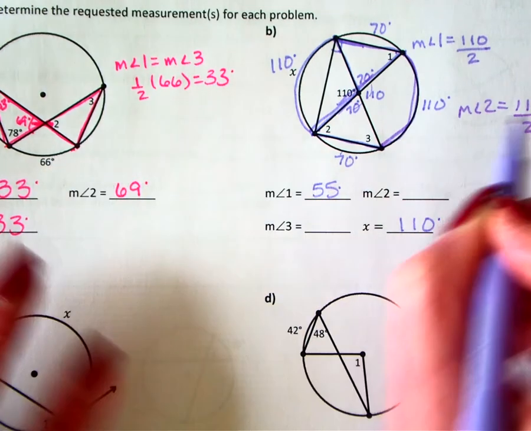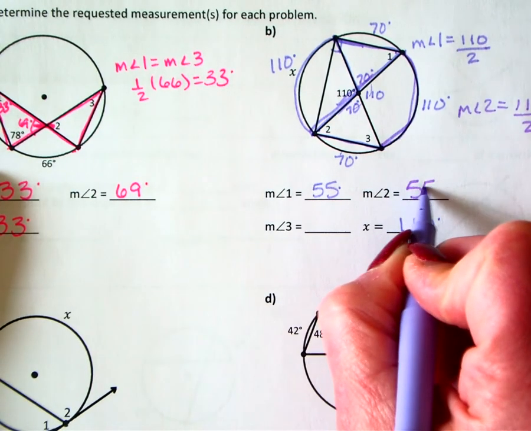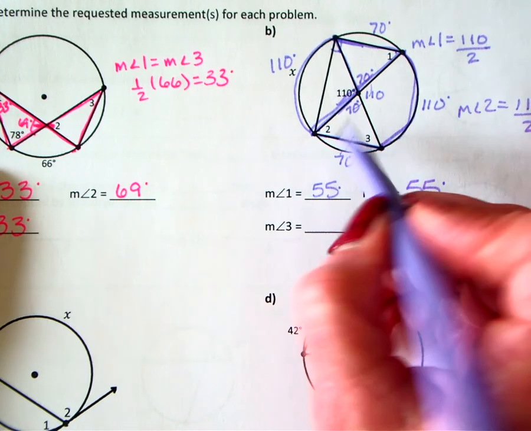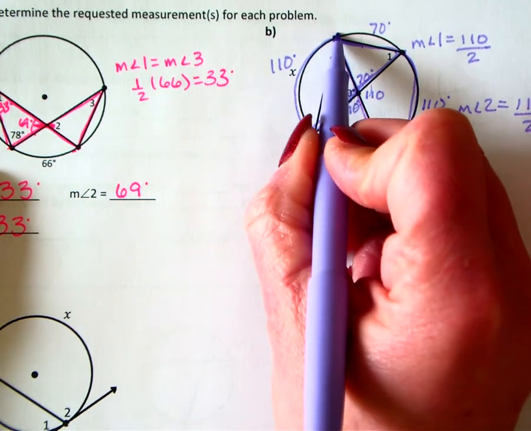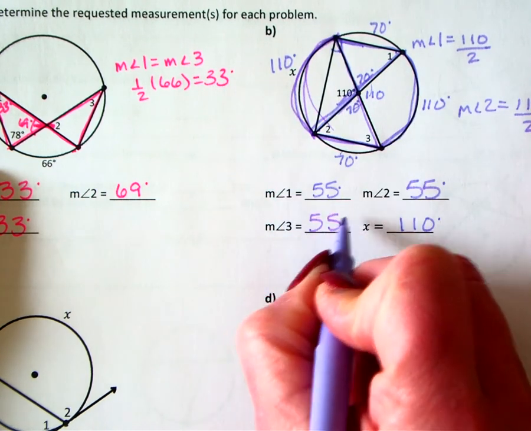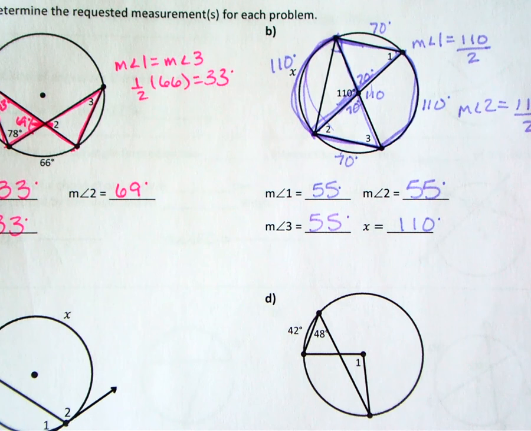So I take that 110 divided by 2 to get that 55 degrees. And the measure of angle 3 shares this intercepted arc of 110, so again that makes 55 degrees. It won't always end up that way, but just